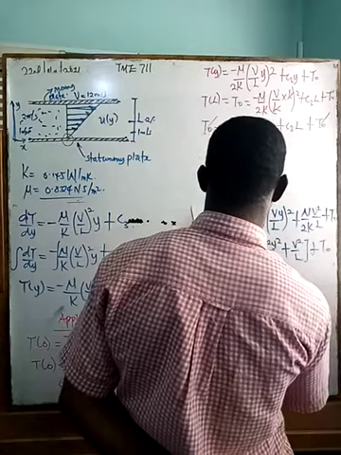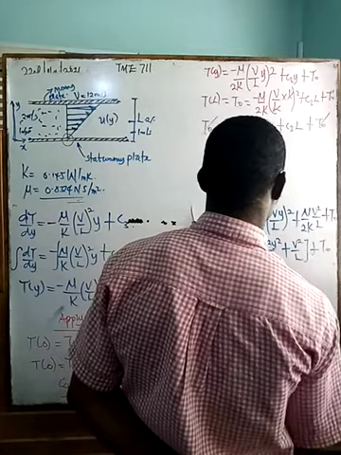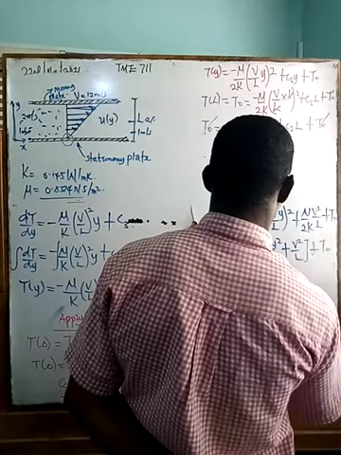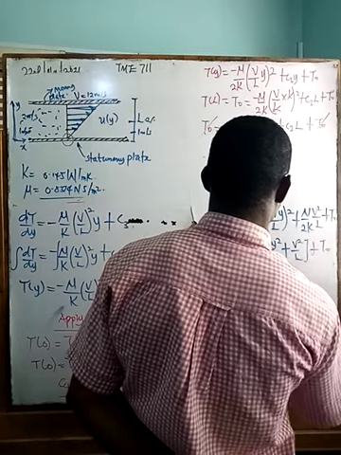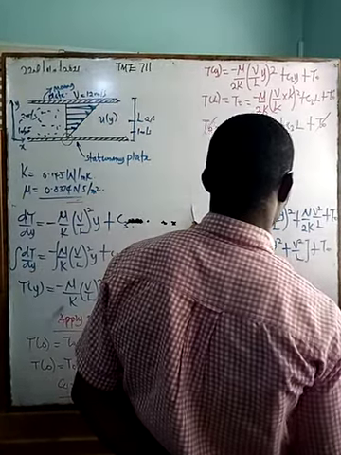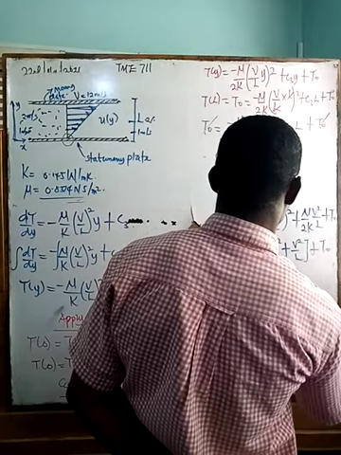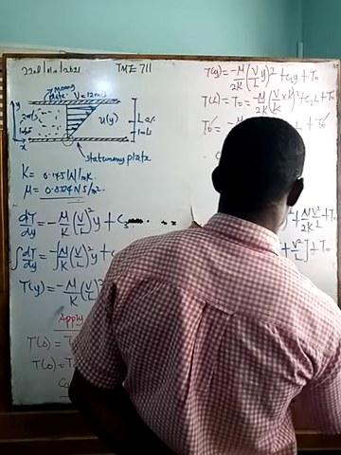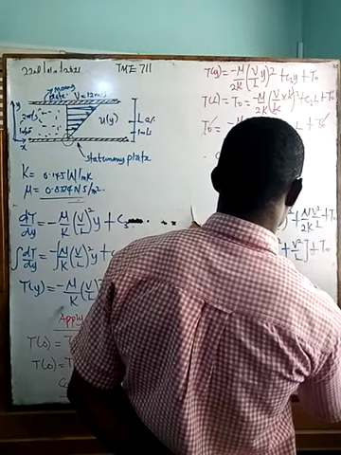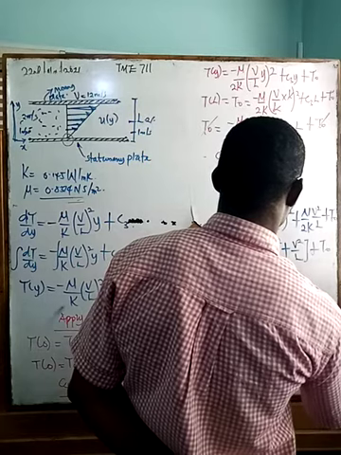So we have T of y equal to mu all over 2k into brackets. This V square is common to the two. We have V square all over L into